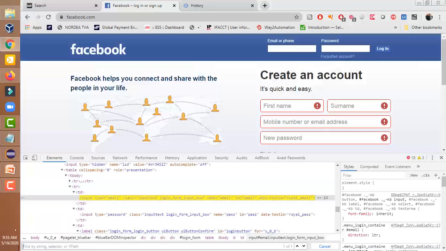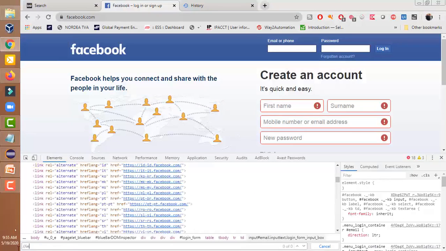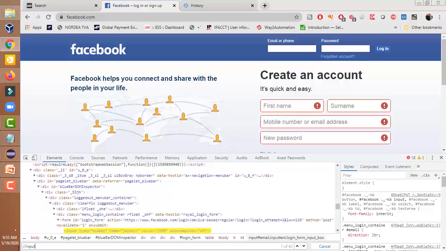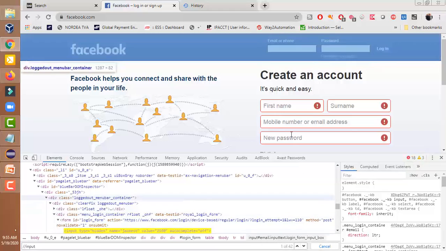Look at this, double slash, then input. How many elements are present? 1 of 42. Look at the right side, it is showing 1 of 42. Basically there are 42 input boxes present.